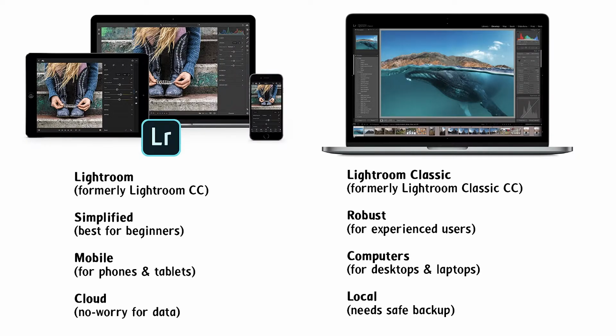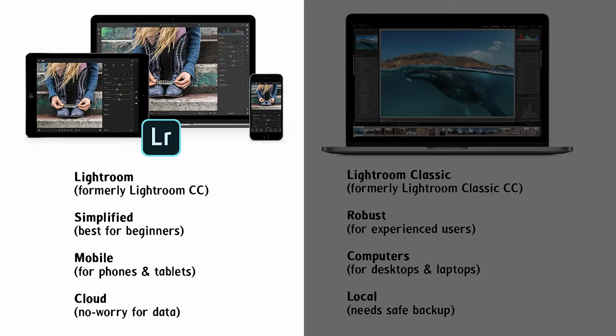Lightroom is available in two flavors, Lightroom and Lightroom Classic. Lightroom is formerly known as Lightroom CC. It's cloud-based and, unlike all other versions of Lightroom, stores your photo files on Adobe's servers. Storage is relatively expensive and Lightroom is not as fully featured as Lightroom Classic. Lightroom Classic is a desktop version which has more features and more flexibility compared to the Lightroom version.